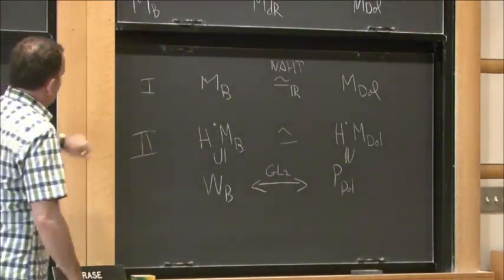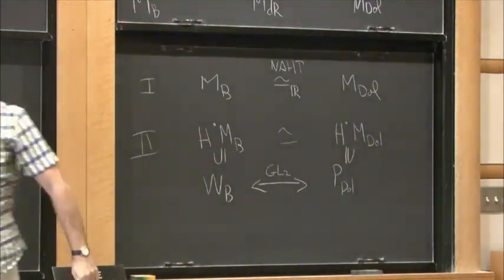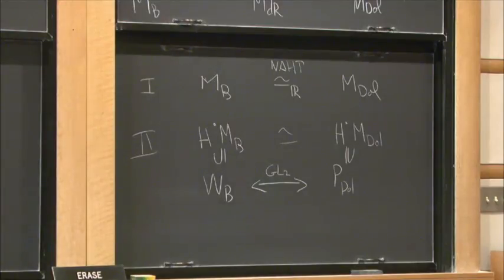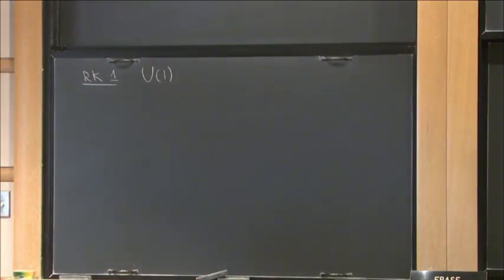So now I want to focus on this part, so I want to explain what's going on here. So maybe the best way to start is to take the case of rank 1. So let me start with U1. So there are the three flavors. Let me start